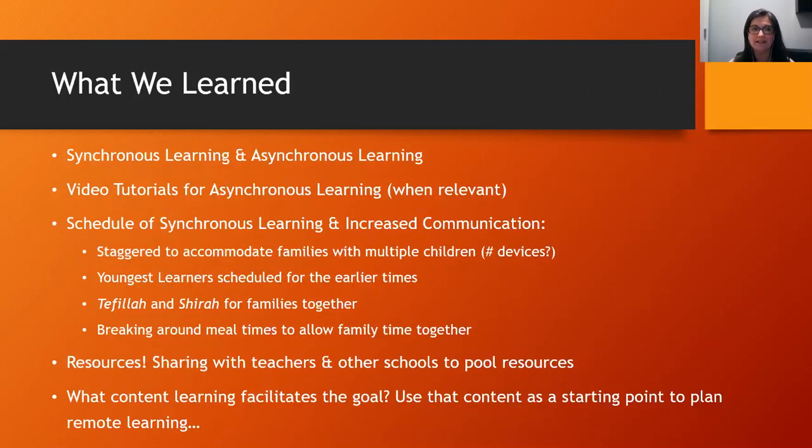We recognized that we needed to stagger the learning in order to accommodate families with multiple children. We didn't want to make assumptions around how many devices there might be in a house. We also scheduled, while staggering the schedule, our youngest learners for the earliest times because the little people get out of bed much earlier. We invited all of the families to come together for tefillah and shira with our clergy,